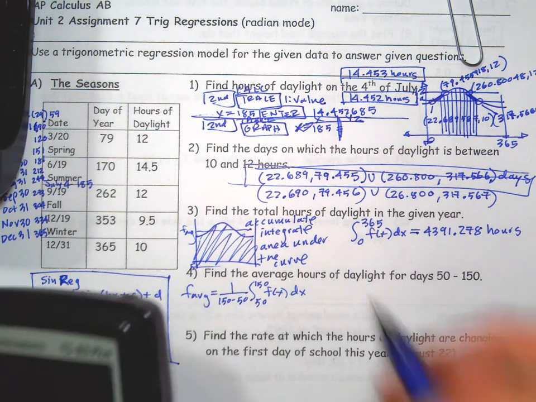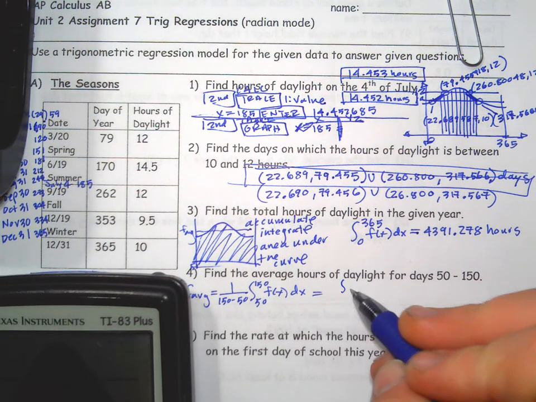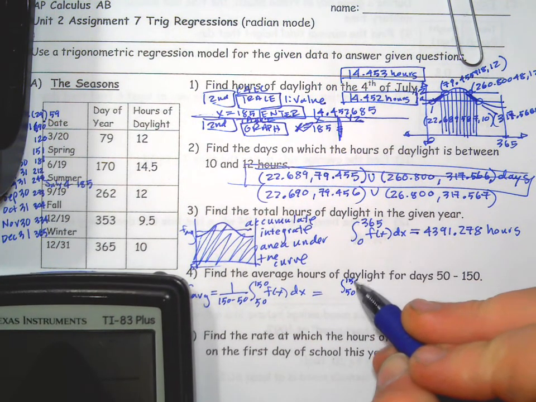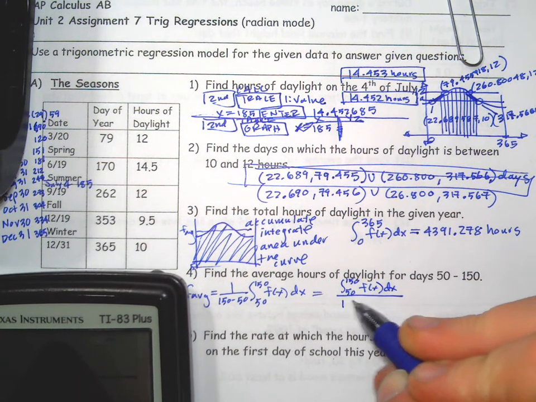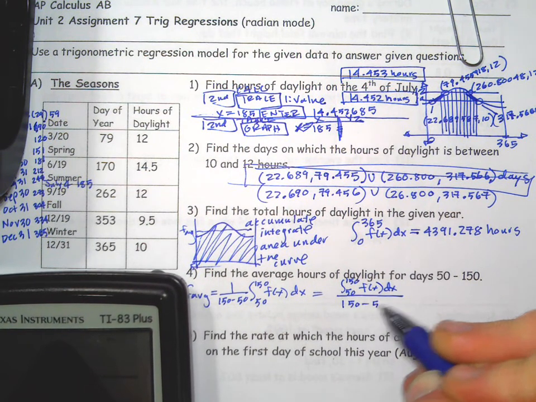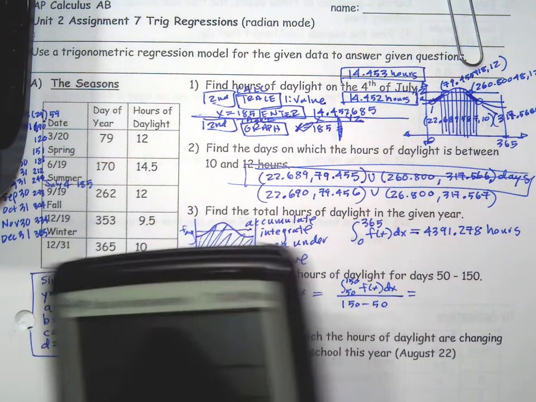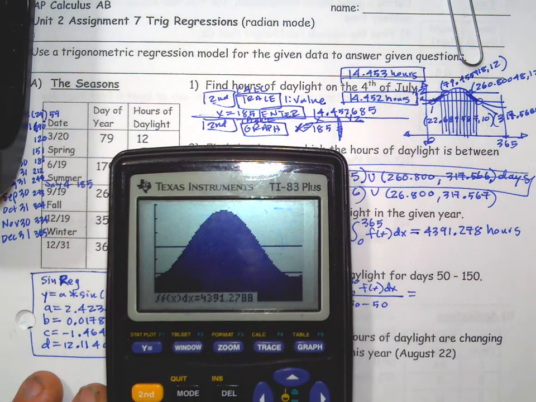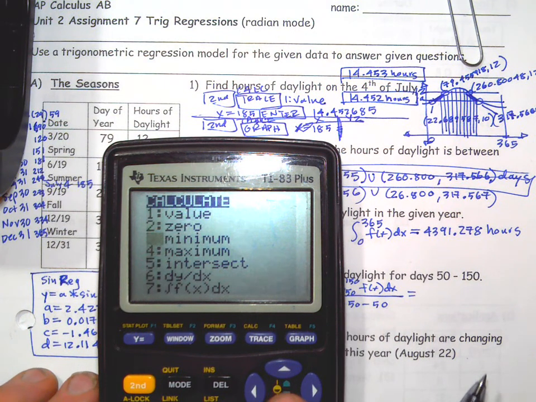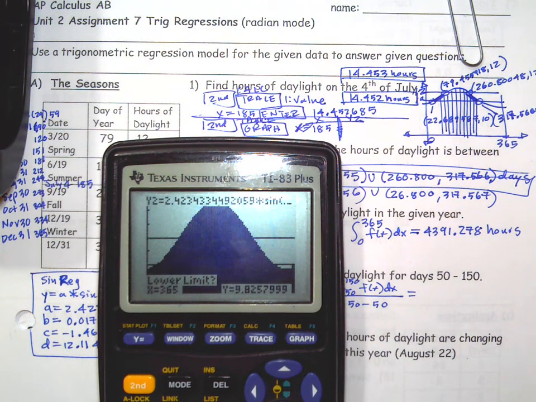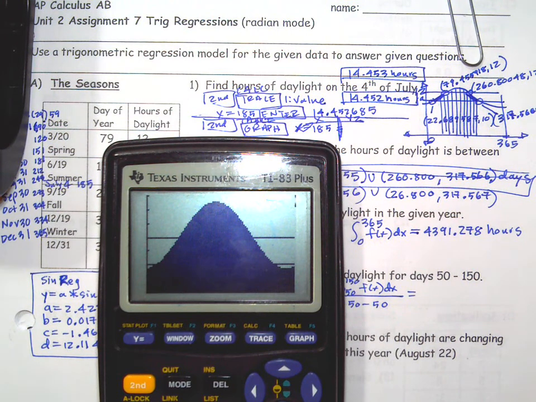But it also makes sense that you would find the total hours of daylight from 50 to 150 this way, and you would divide by the number of days, which would be 100 days, right? So now we could calculate that on here. We could do second calculate number 7, and we could say 50 to 150. Now we can't see the shading. You can clear the drawing, by the way. But it gives you